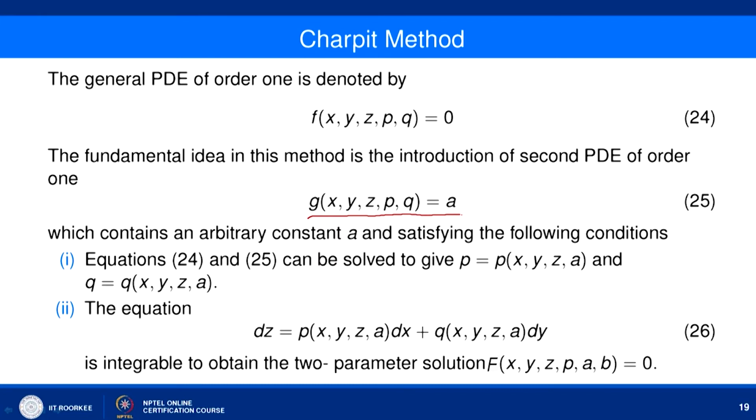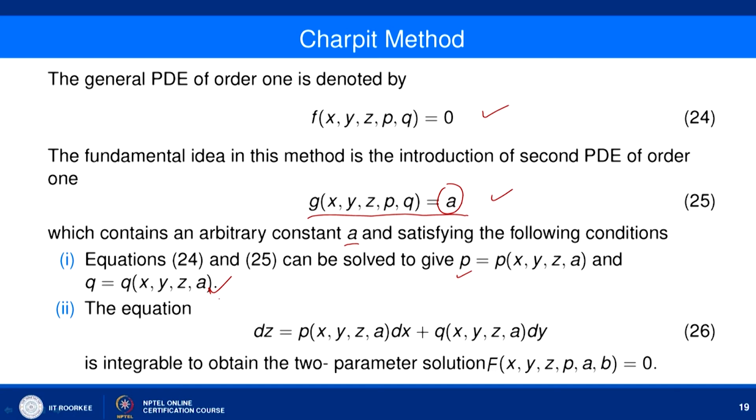It means that if we are able to find another PDE, say g of x, y, z, p, q equal to a, here a is some kind of parameter. The fundamental idea in this method is the introduction of a second PDE of order 1, that is g of x, y, z, p, q equal to a, which contains an arbitrary constant a and satisfies the following condition. The condition is that we can solve these two equations for p and q, and of course, since the equation of g will involve one parameter a,